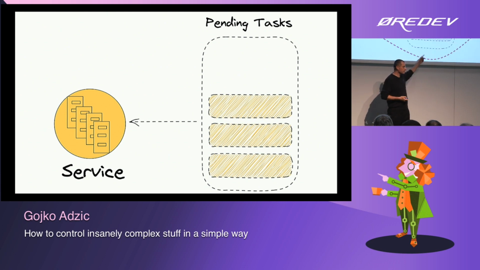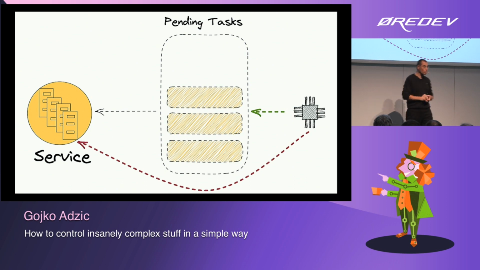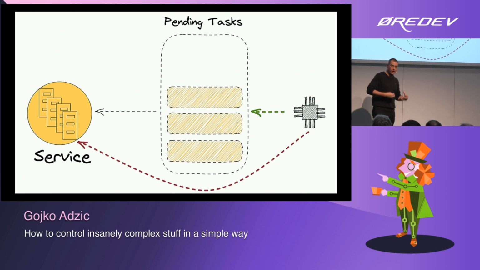What I have is something that measures the number of tasks at the end and says, oh, do I have any pending tasks? Let's start another service. Do I not have any more pending tasks? Let's shut down the service we have. So we don't have to be perfect modeling this complicated stuff. If we can create a relatively simple process that can control it and close the loop, that's the critical thing.